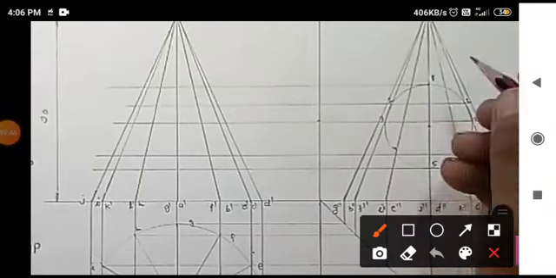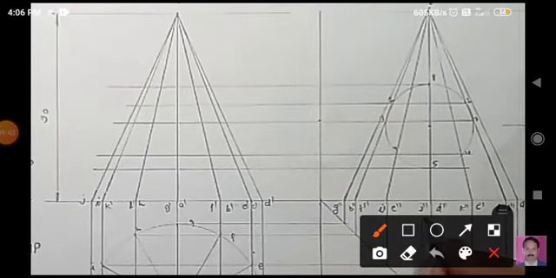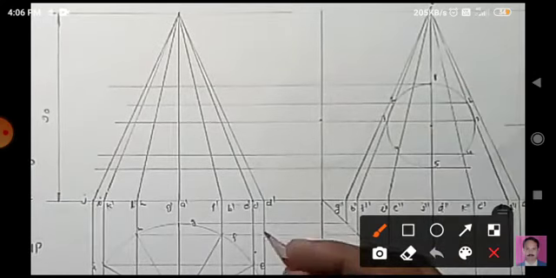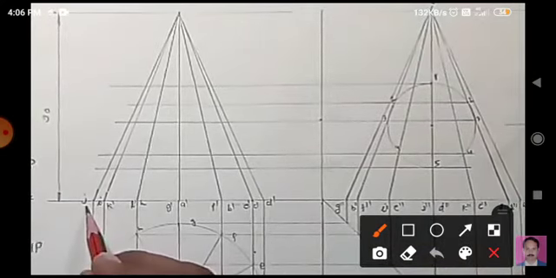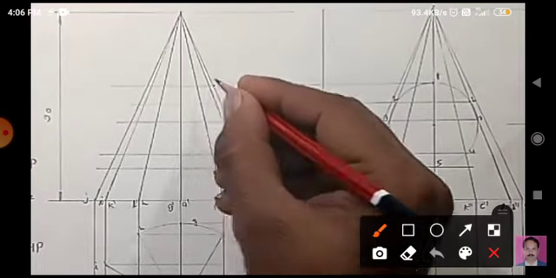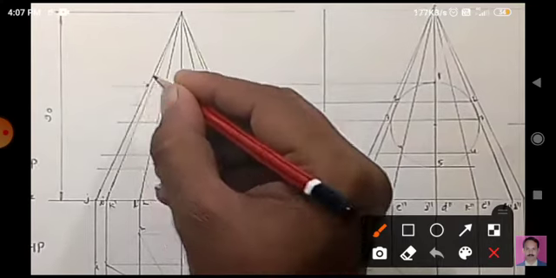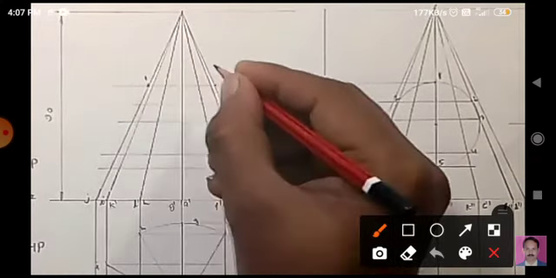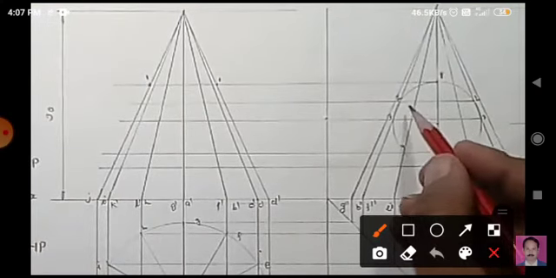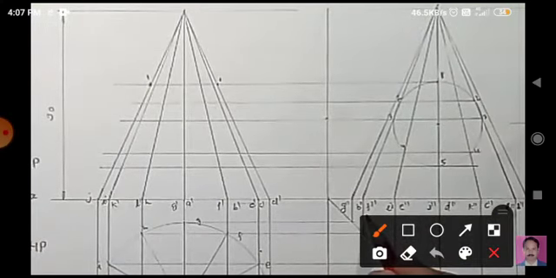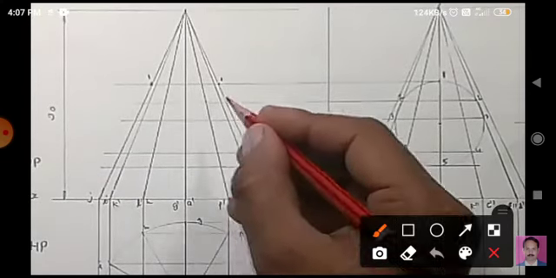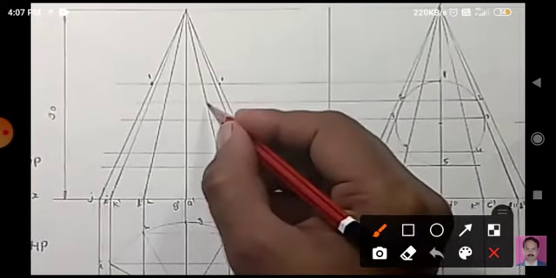In this way you have to take the projection on the front view from the side view at the points of intersection of all the lines. Give the names. So locate the points very well. The line which is intersecting must be proper. Draw these points on the line